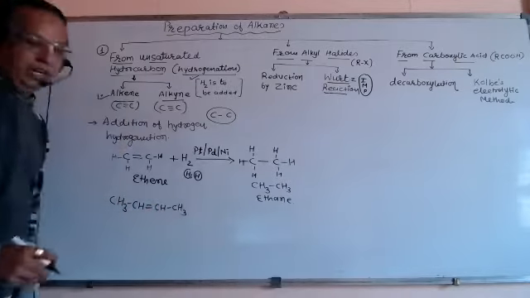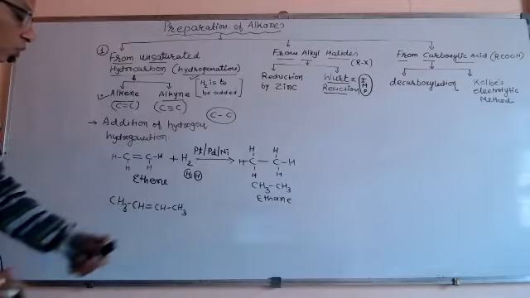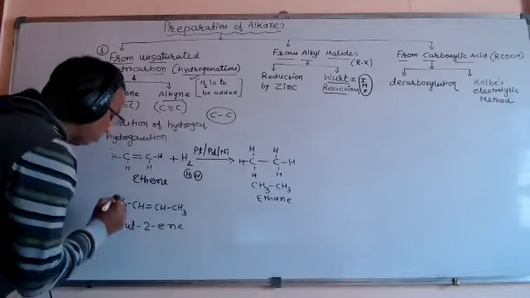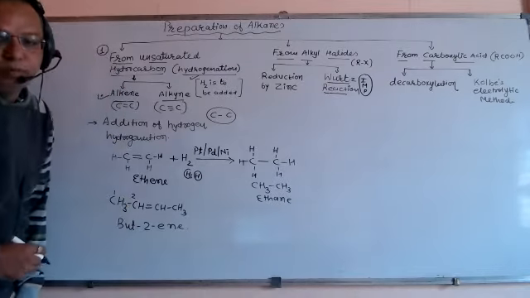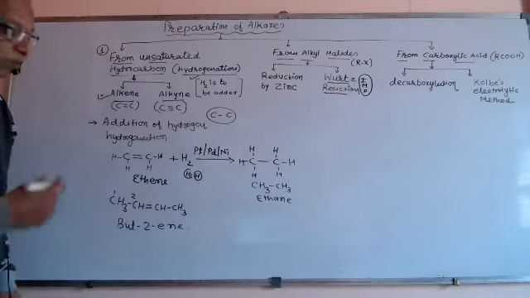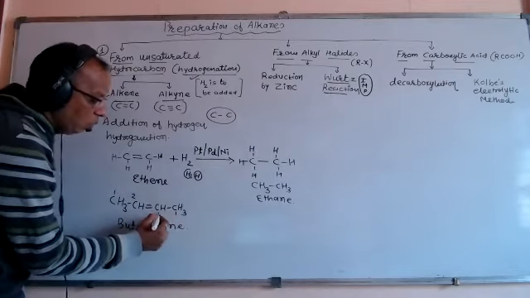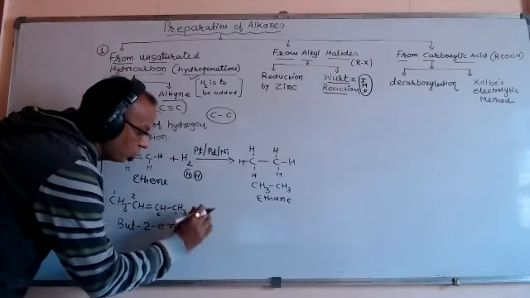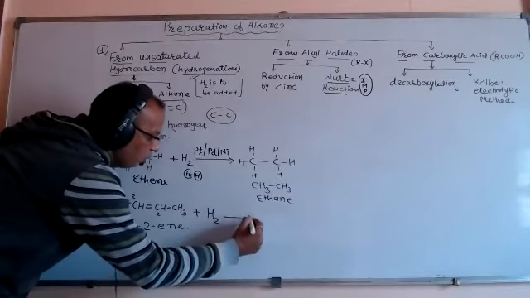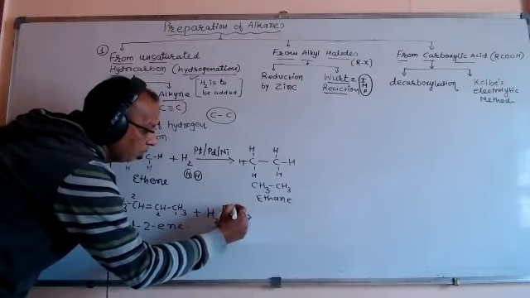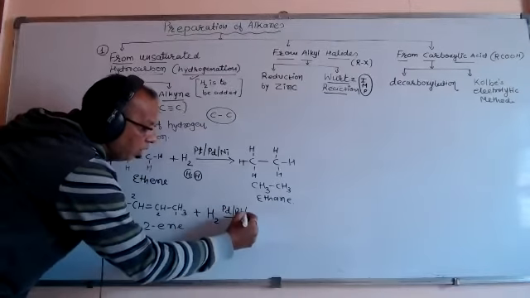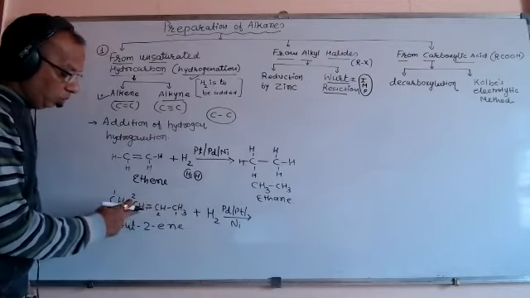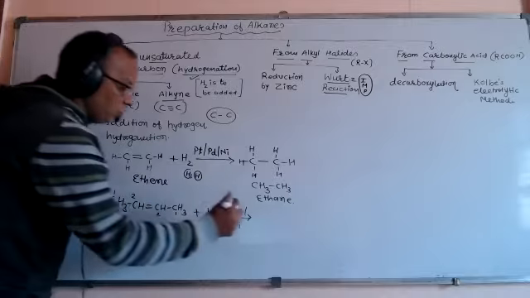This is 1, 2, 3, 4 carbon. 4 carbon means but-2-ene, because, friends, on the second carbon the double bond is present. That's why it is but-2-ene. If we count from the right side, it is also 1 and 2, on the second carbon the double bond is there. So the same type of reaction in which a hydrogen molecule is added in presence of platinum, palladium, or nickel, any metal. Then these two hydrogen atoms will be added to these two carbons which have the double bond.